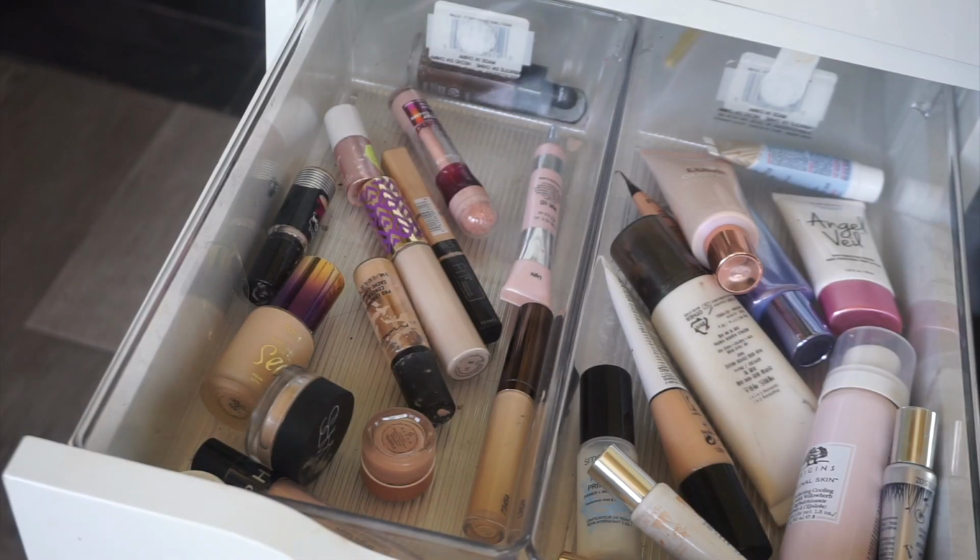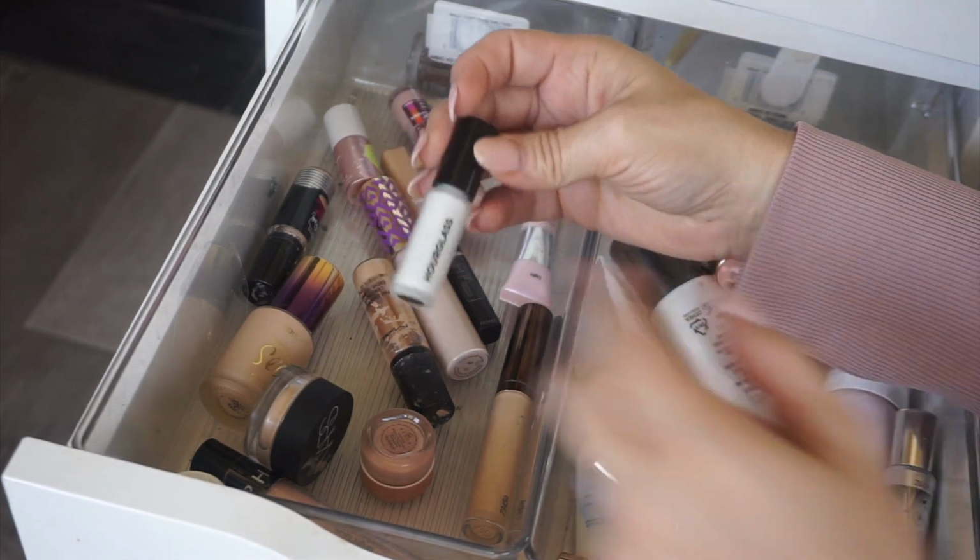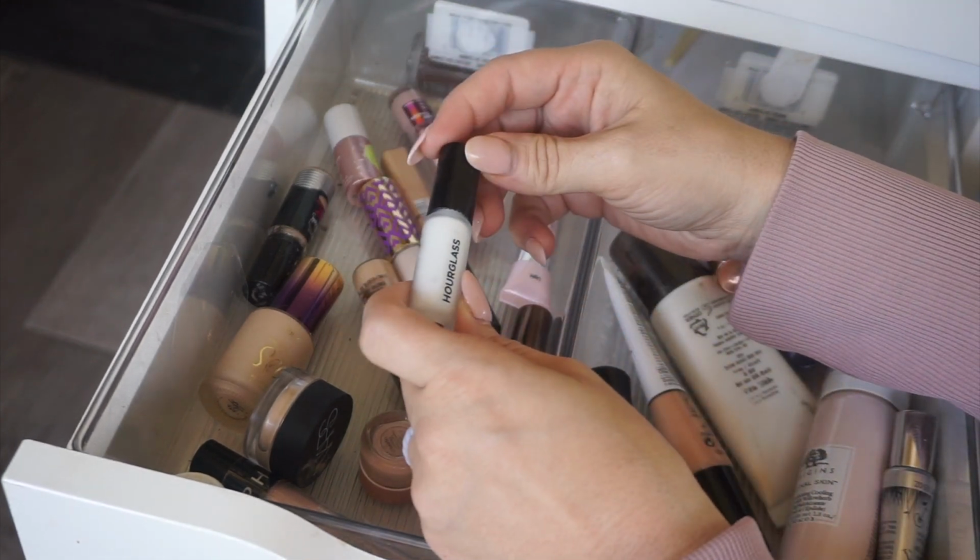So that is it. Let's go ahead and pick my makeup that I'm going to be using for the next week, and then I'll touch base on the things that I used this last week and let you guys know kind of how they worked out for me. So let's get started. Okay, so for primers this last week, I had pulled out the Hourglass Mineral Veil Primer,